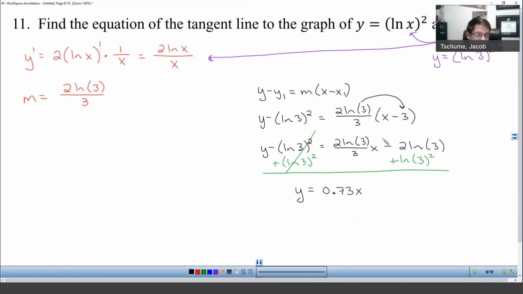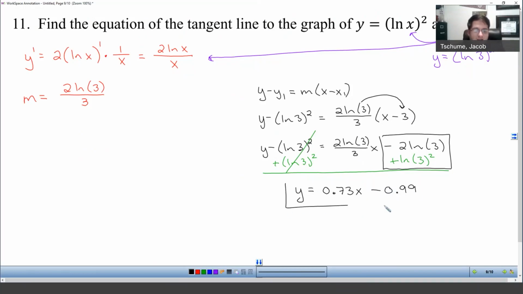Then I'm going to put these two things together right here, and that will be the number that goes on the end. So I'm going to type in negative 2 times the natural log of 3 plus the natural log of 3 squared. And that gives me, actually, it's going to be negative still. So that'll be minus